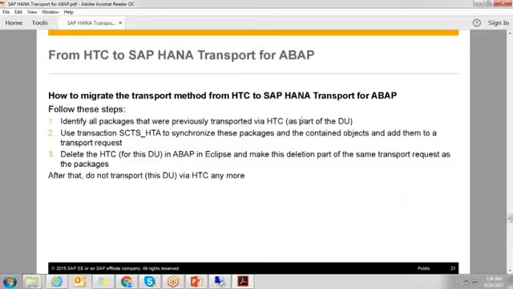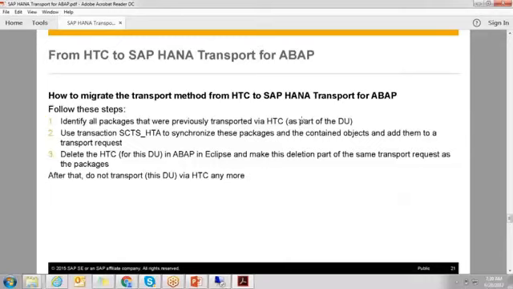That is called HDC. Correct. And one more is the SCTS HTA transaction, where you give the package. With that package, it will generate one transport request. The transport request will be moved from development to quality, quality to production. So depending on how we choose, is it the developer's choice to take any of the three, or does it depend on the scenario?